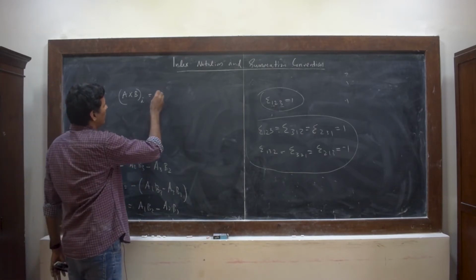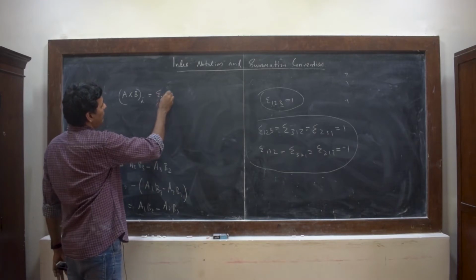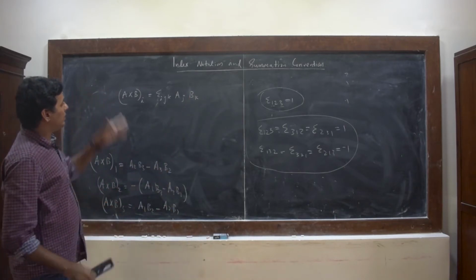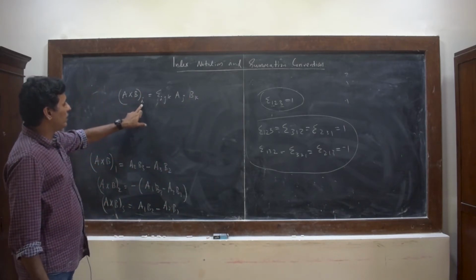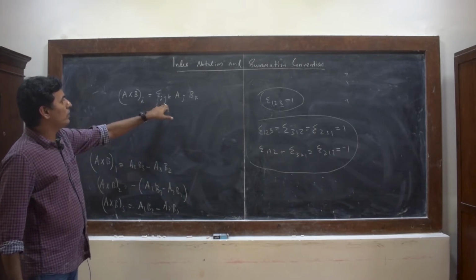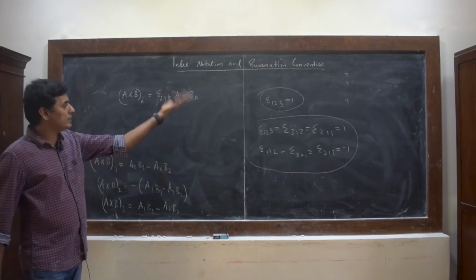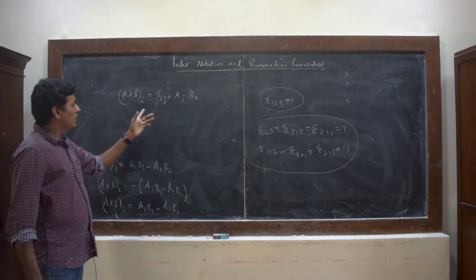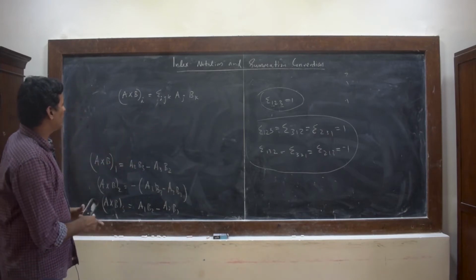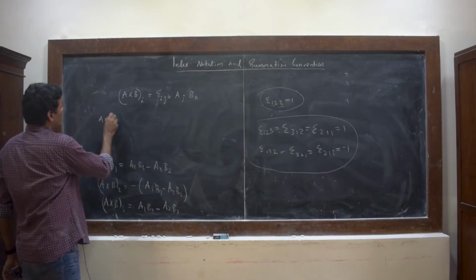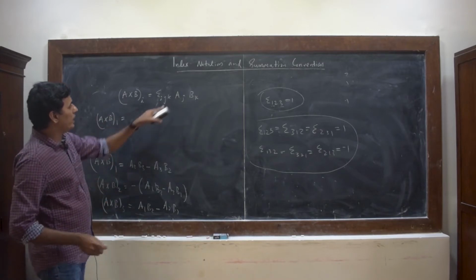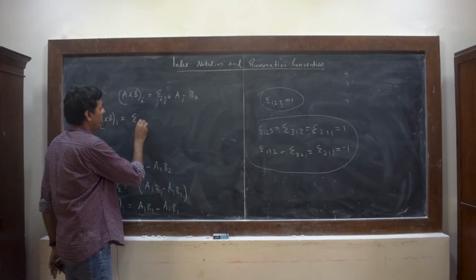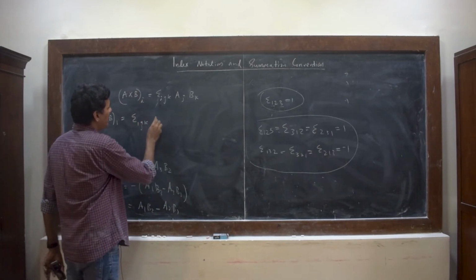So you can write that as epsilon ijk aj bk. Okay. So as I said, with the Einstein summation convention, you know that when i is a free index, and j and k both are dummy indices, they must be summed over all the values. Here i, j, k all run from 1 to 3. So if you want A cross B whose first component, then i is fixed, i is 1, epsilon 1jk, aj, bk.